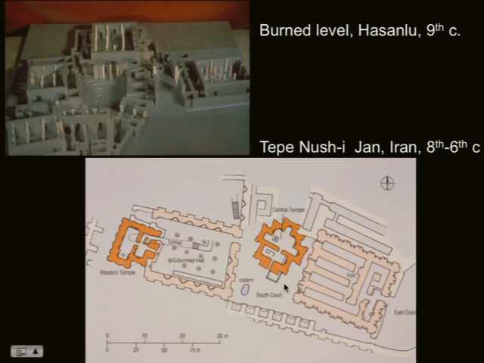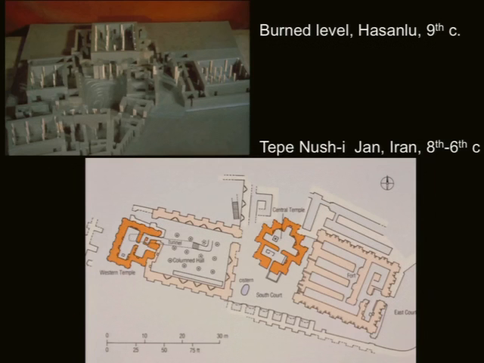Later, between the Western Temple and the Central Temple, we see the construction of a large columned hall with 3 rows of 4 columns each. And again, this columned hall is something that we haven't seen very much of in our architecture of the ancient Near East. We've looked at things like the Bit Hilani, columned porticos, but large columned halls are more typical of Egypt during this period than the ancient Near East.